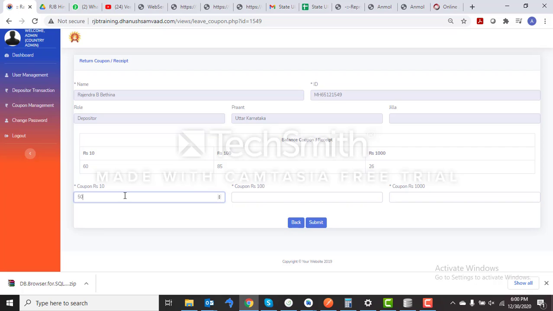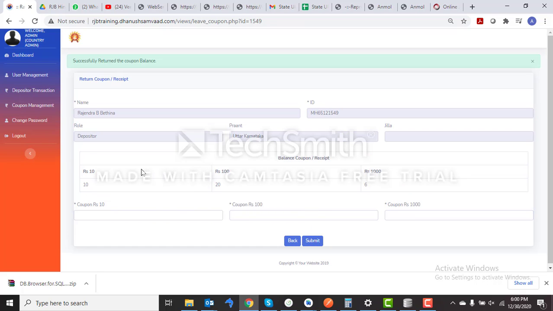Let's say 50 coupons of 10 rupees have to be refunded, and 65 coupons of 100 rupees need to be refunded, and 20 coupons of 1000 rupees have to be refunded. After entering these details, we will click on submit, and now we can see that the coupons are successfully returned, and as we can see, the balance coupon or receipts are updated.